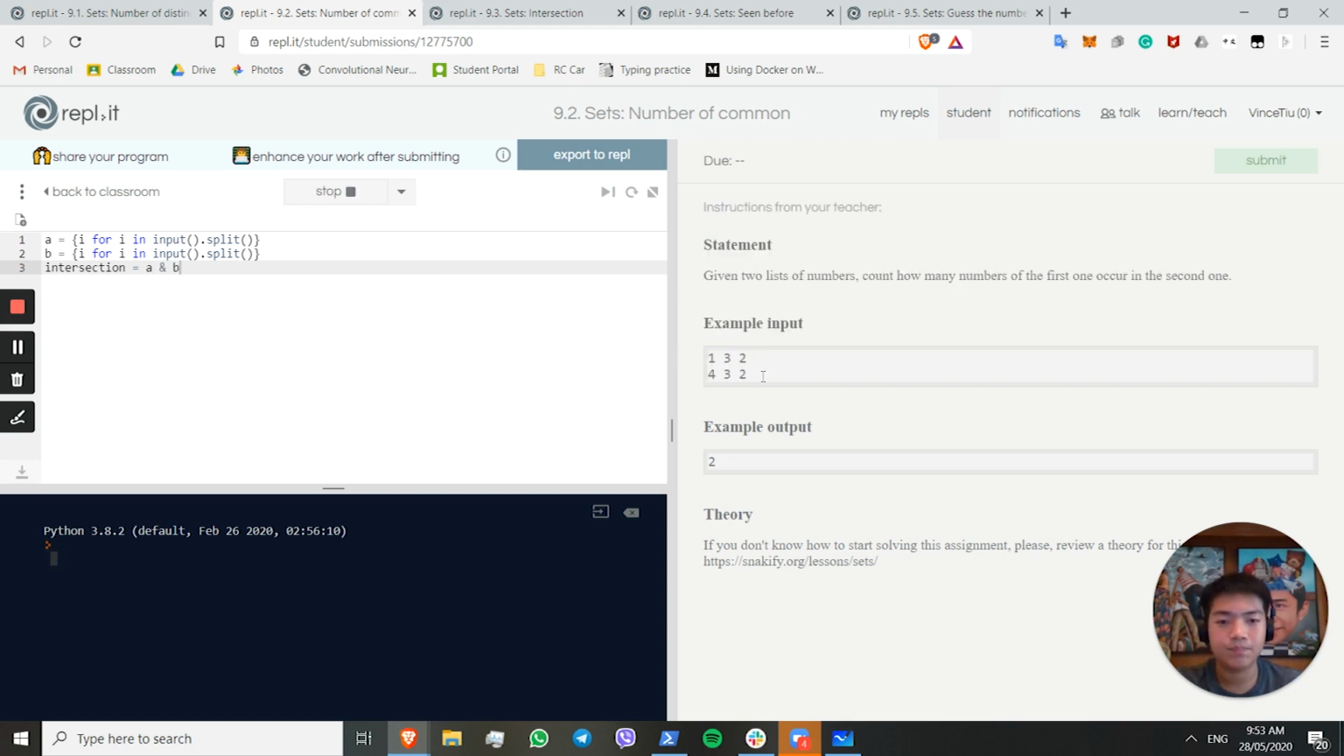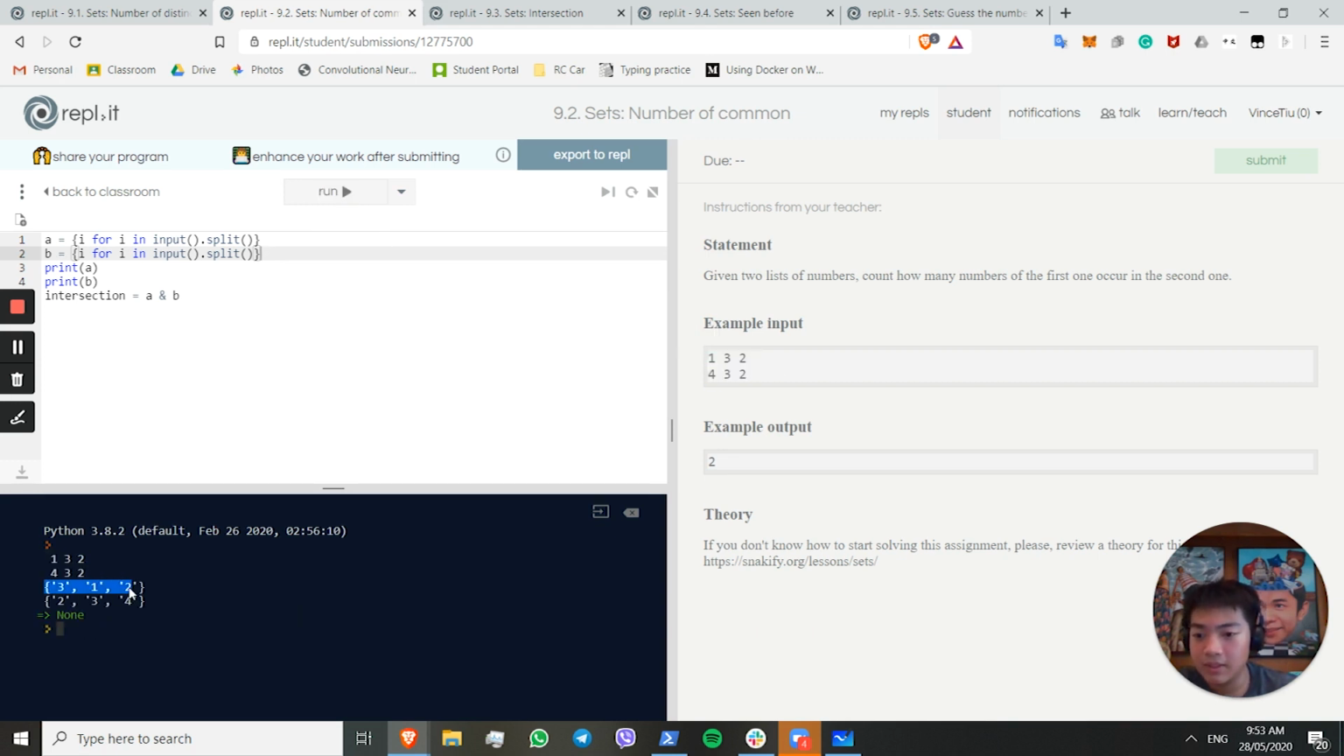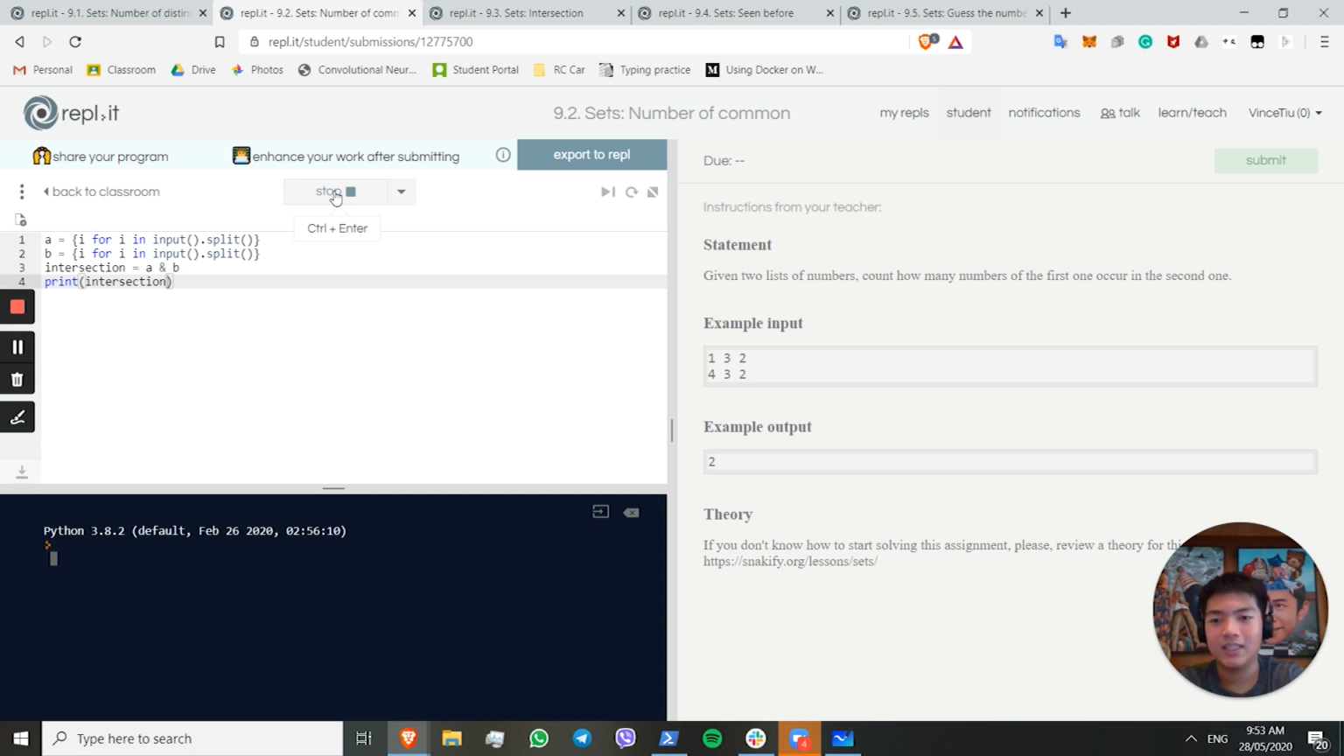So if we run this code, it is not returning anything. Interesting. Let's print A and B just to make sure we're getting the correct sets. 3, 1, 2, 2, 3, 4. Oh, sorry, we're not printing the intersection. I thought none is just the return value. So if we print the intersection now,